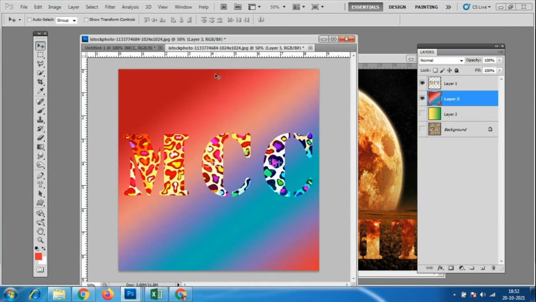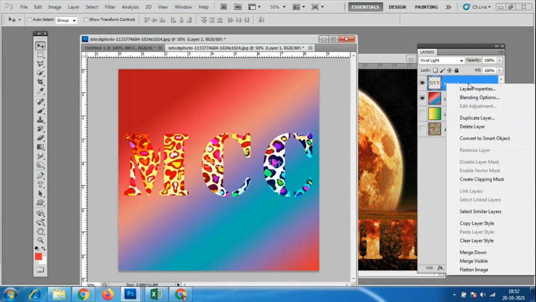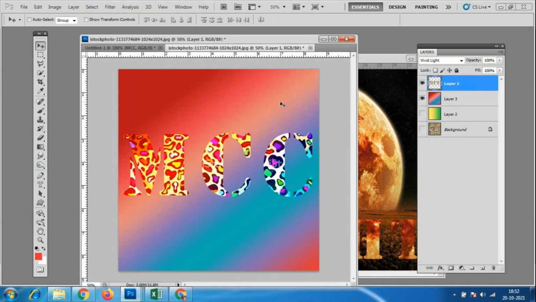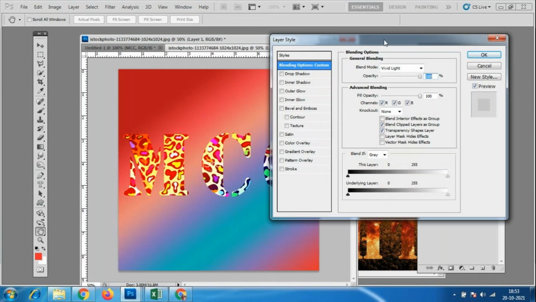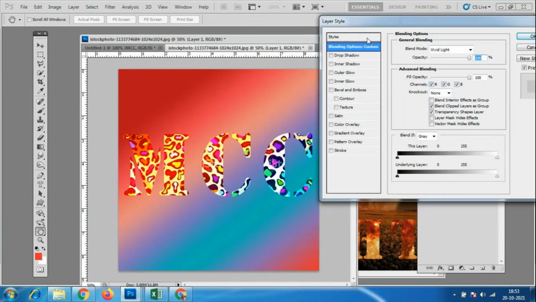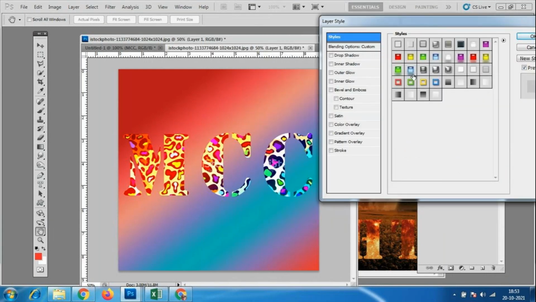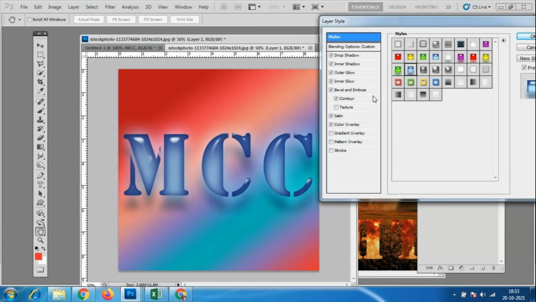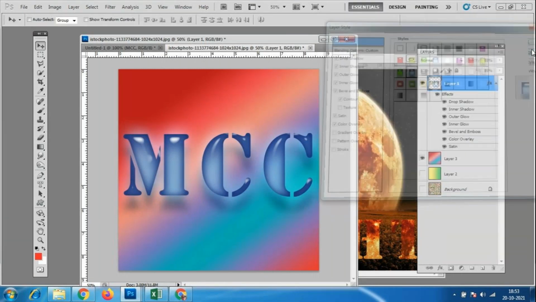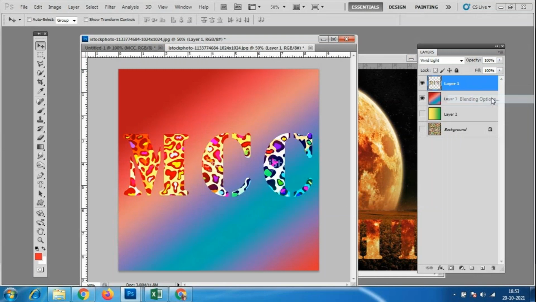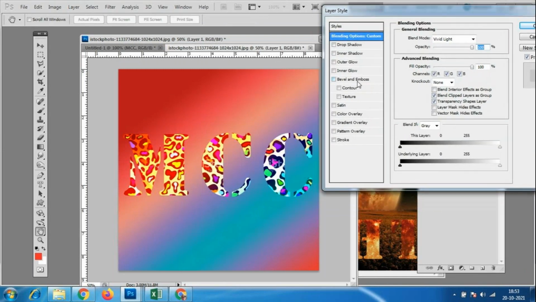So what I'll do, I'll go to this text layer, right click on this text layer, and this is already done with the masking. So I'll right click on this. There is an option called blending options, and in that I'm not using any default styles over here. If I apply the styles, I don't get the texture back. So I'll just cancel it. Right click on this blending options. So separately I will use this effect. Whatever effects are necessary, only that much I will add.